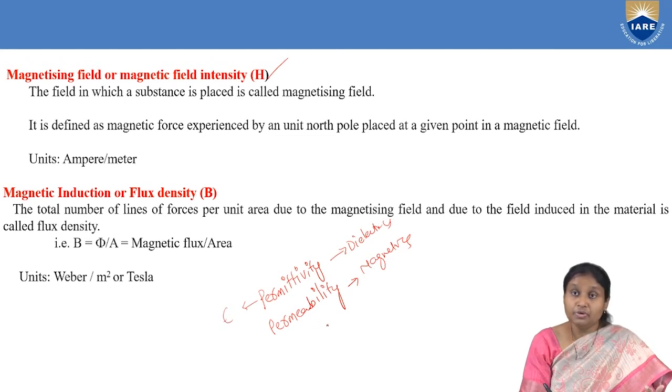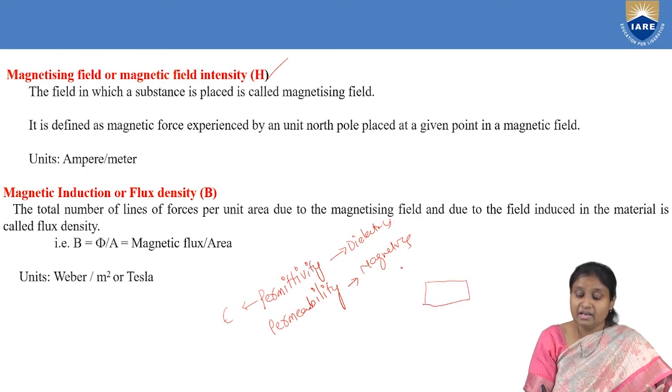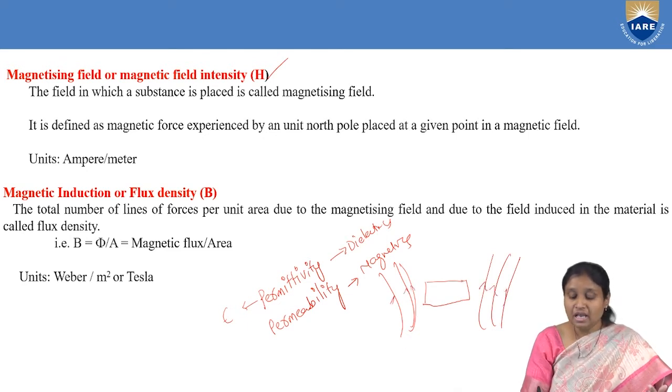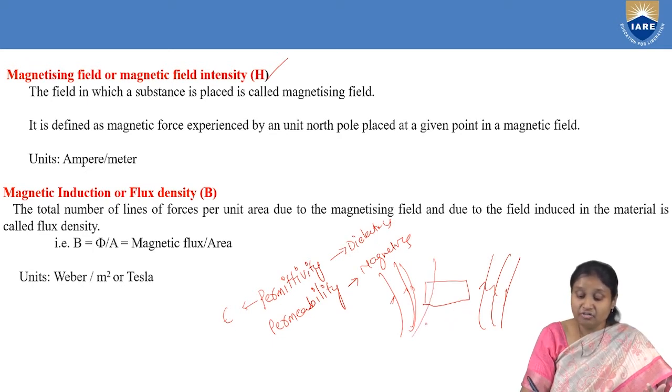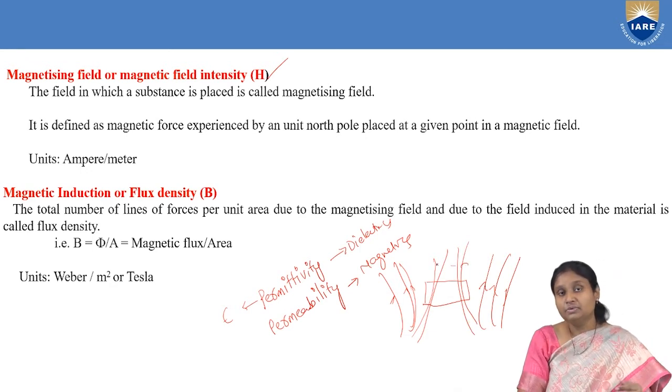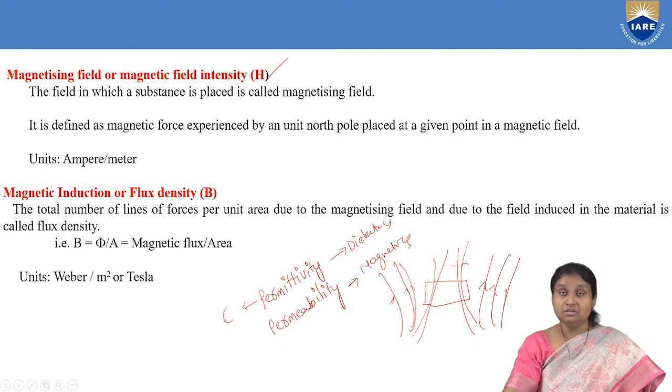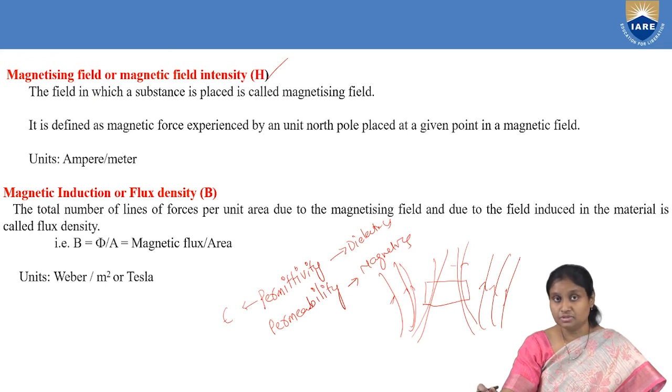Whereas when we talk about permeability, suppose I have taken a material and placed it in an external magnetic field, which has its own magnetic lines of force. Depending upon what type of magnetic material we are taking, the penetration of magnetic lines of force from the external magnetic field will be different. Diamagnetic materials are unique in nature: they won't allow any magnetic lines of force from the external field to pass through them. Actually, they repel a magnet.